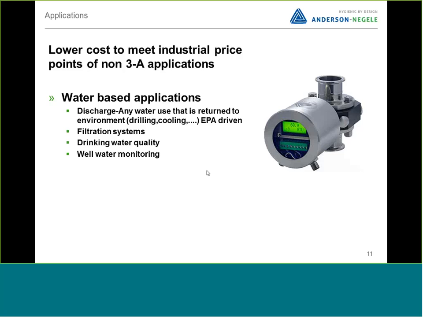In addition, any water applications, and that means any water processing facilities, any filtration systems, any drinking water applications, and ITM-4DW is going to be great for it. And then well applications, and this is on any plant that uses a well, whether it's a water facility or a dairy. If you need to monitor your well because of sediment and the like that can increase depending on changes in the environment, the ITM-4DW would be great, because again, you've got that long